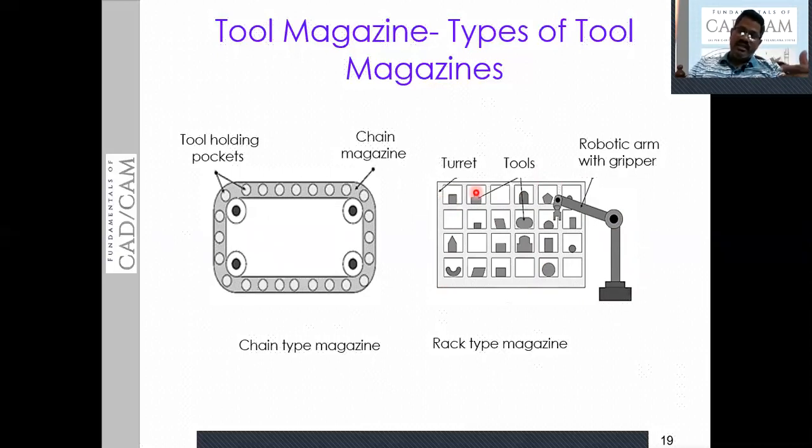Basically, this magazine can also be used to store small size components along with the tools. Even you can keep the tools in this magazine, and in turn, you can also keep small size components according to the space availability, according to the size of the rack. You can give an address wherever you want, so whenever you want, you can pick up the components also from this location. So this has multiple advantages. You can store the tools as well as the components according to the size of the rack. So these are the different types of magazines frequently used along with the CNC machining center.